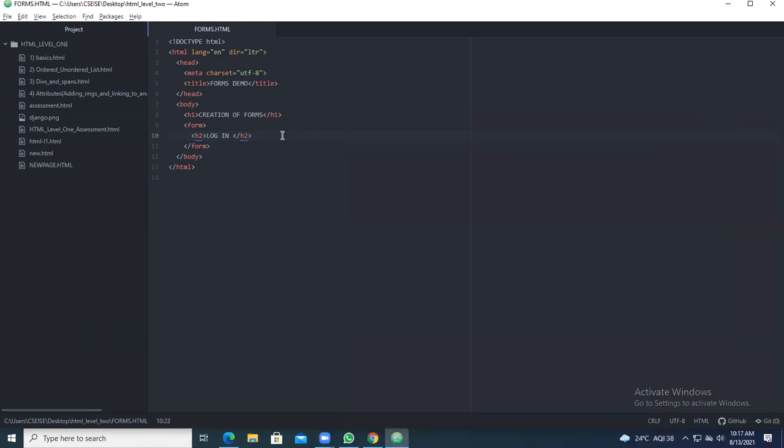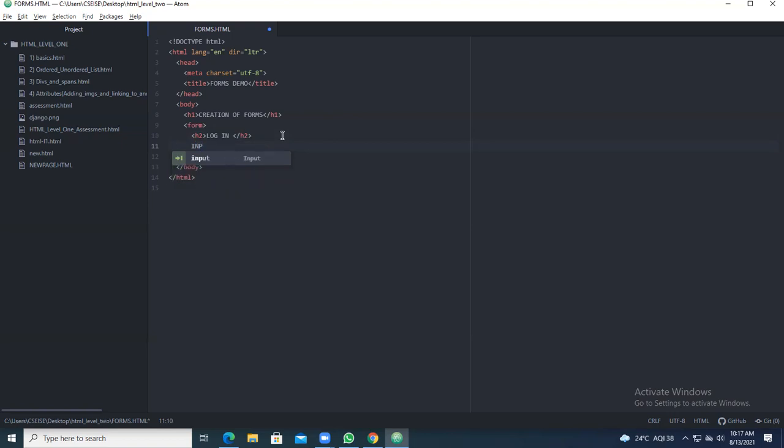So now you have to create two types. Username you should give, password you should give, then you should give a submit or login button. Totally how many inputs? Three inputs you will be having. One is the username or email address. Second one is password. Third one is the submit button. Okay. So now you go with the first input.